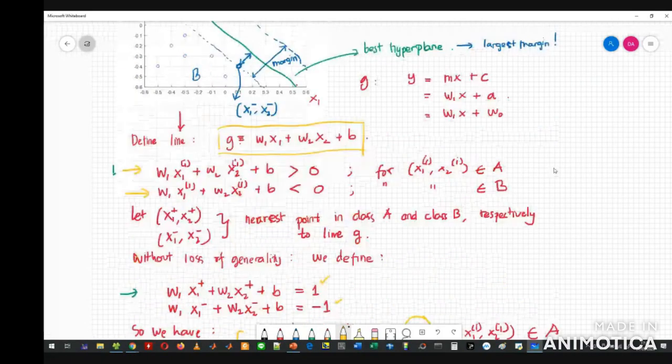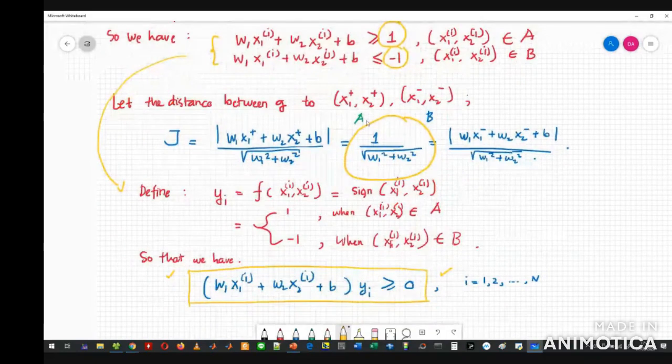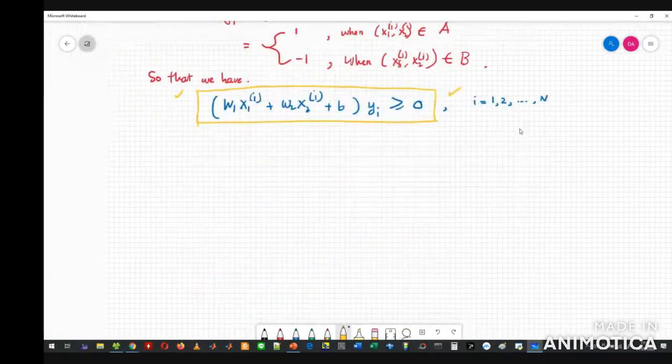So we have already defined the J, and we have already defined the line itself. Now the problem, okay? This one is actually the constraint